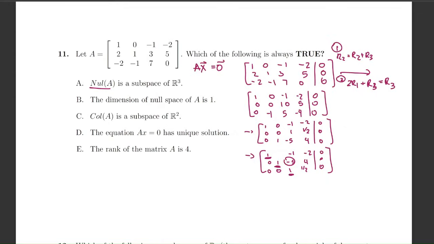But from this point, you can see that there will only be one spanning vector. What you could do after this is row reduce further and put it in row reduced echelon form. So, you could add 5 times row 3 to row 2, and then add row 3 to row 1. If I do that quickly,